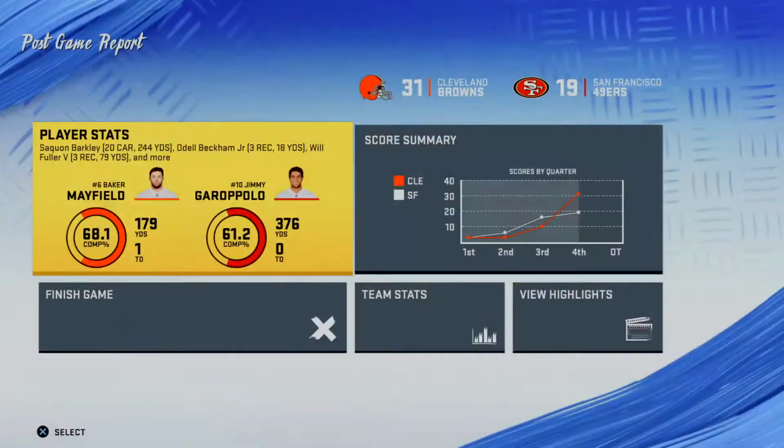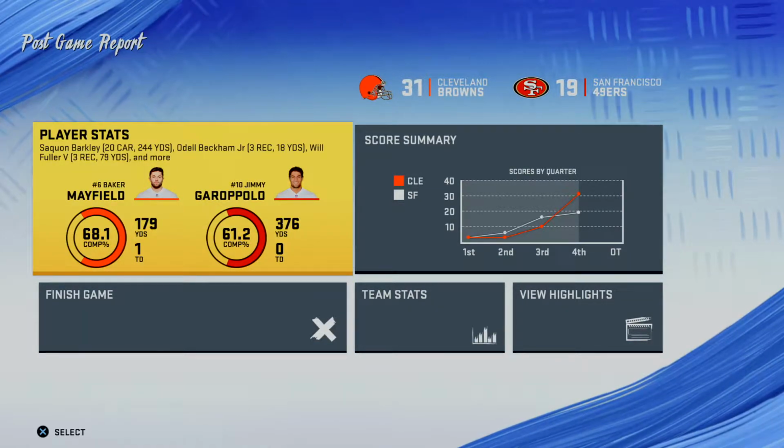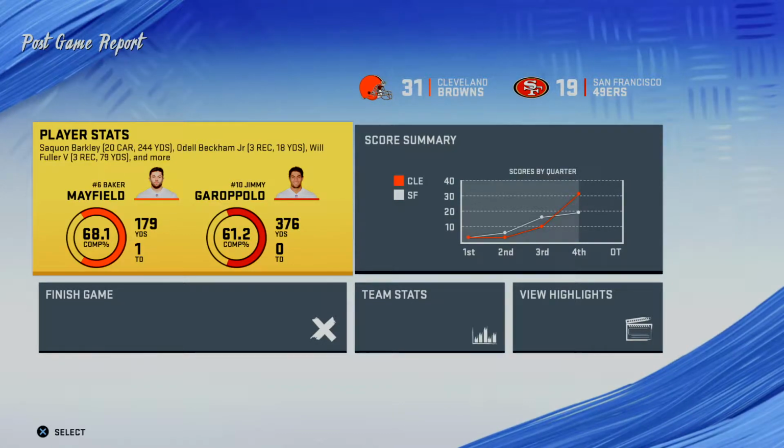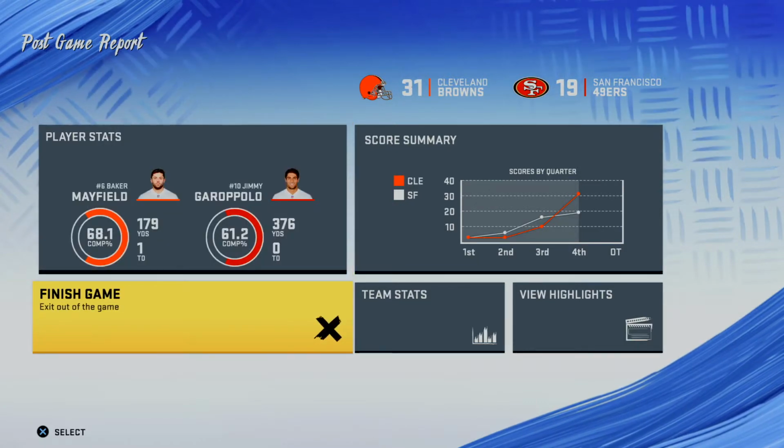So for Cleveland, they improved to 5-0 now on the young season. And they will head back home next week. Meanwhile, for the 49ers, they'll drop down to 1-3. And they'll look to regroup next week as they head to L.A. to take on the